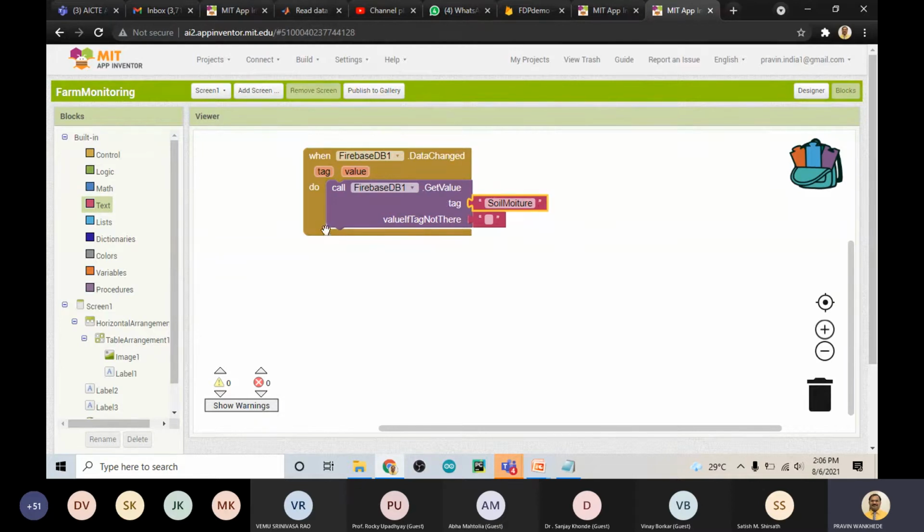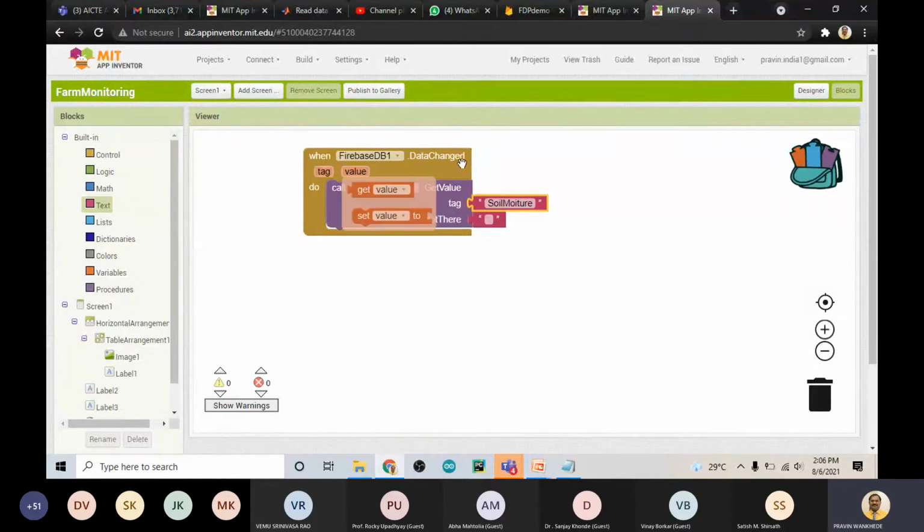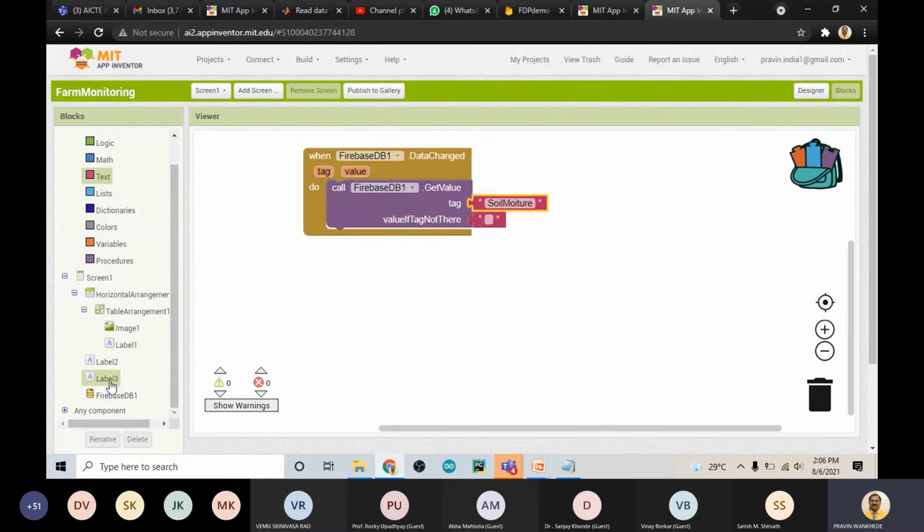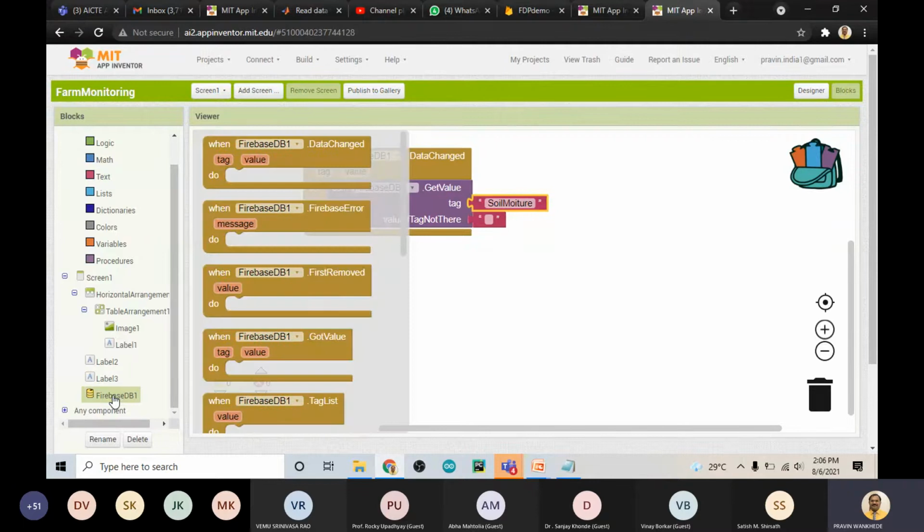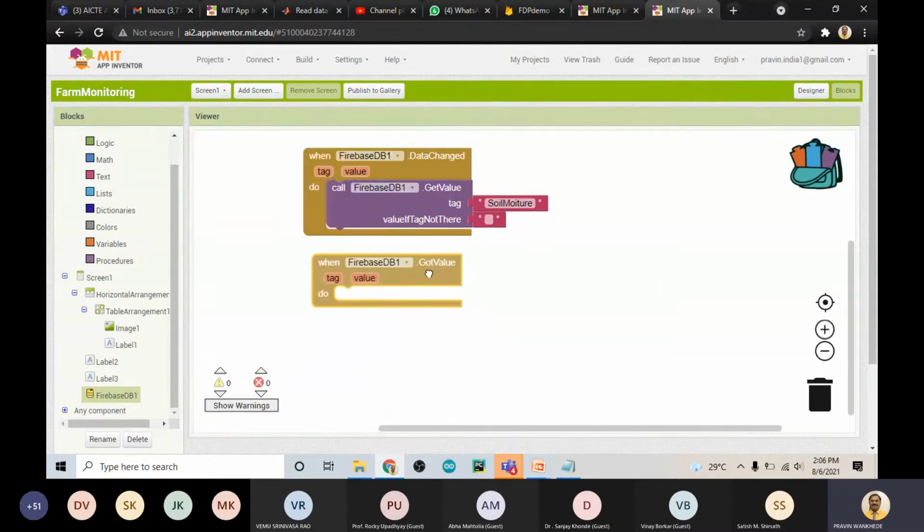Fine. Now once we get the data, where to display it? Here you will get the data. Now the data that you will receive, we have to display it on a label 3. So we'll go to Firebase again, and if you receive the data, we'll take the function when Firebase database got value.